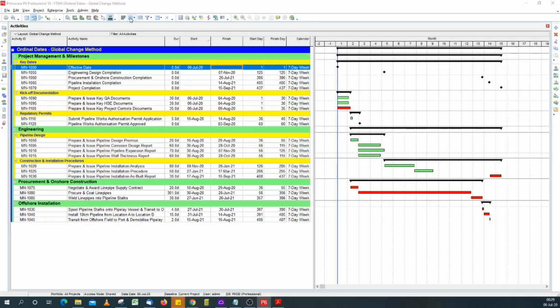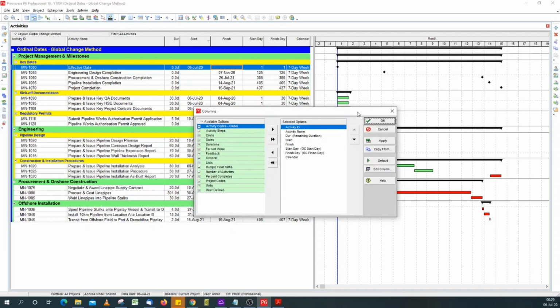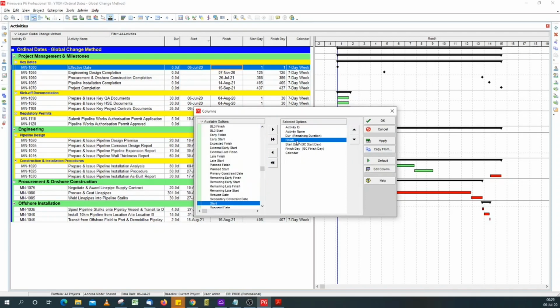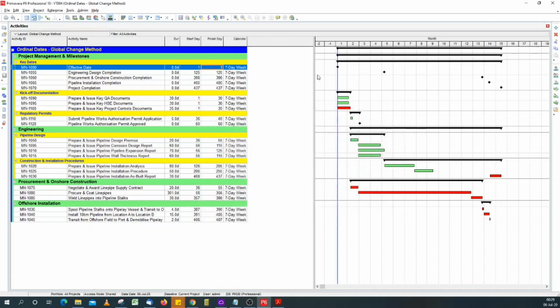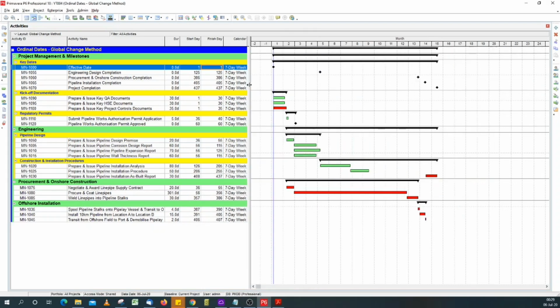So next we hide our start and finish dates, the calendar dates. Remove them from the selected options. Okay, and then you're good to go. Once again, save this layout. Then you can issue it